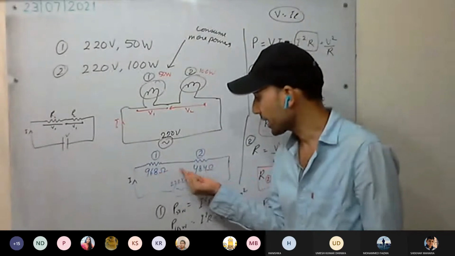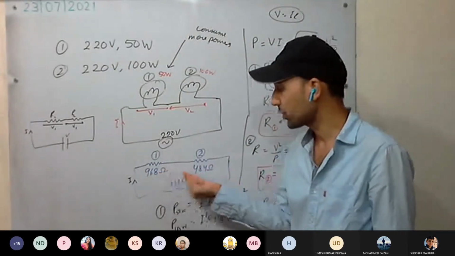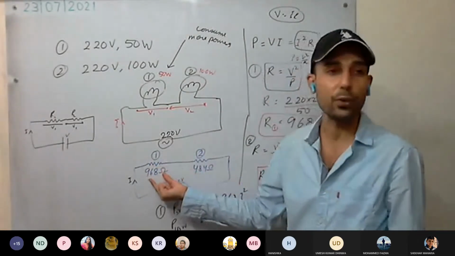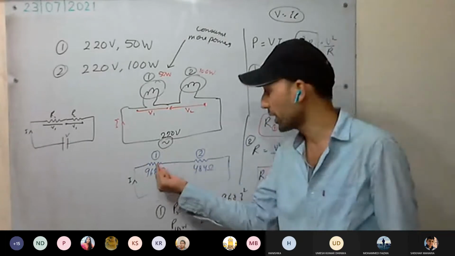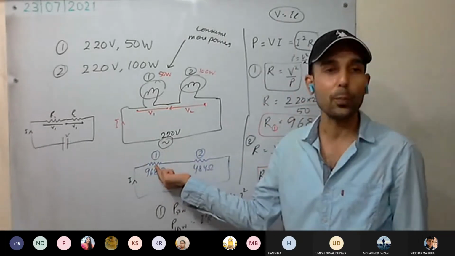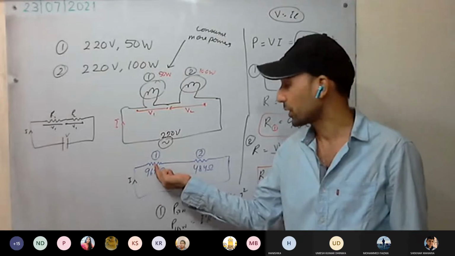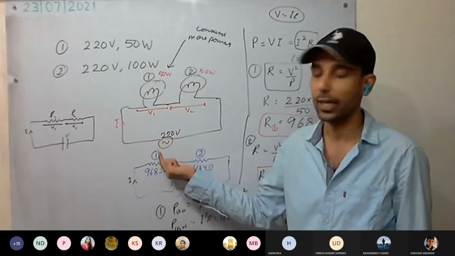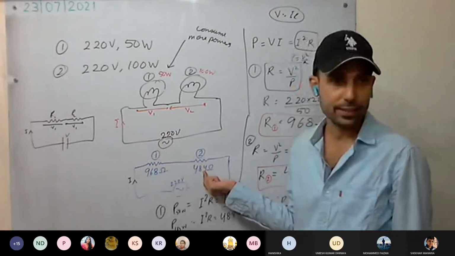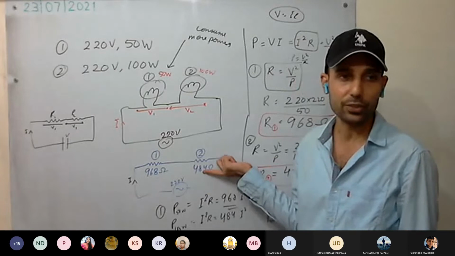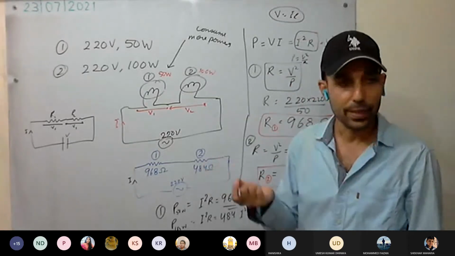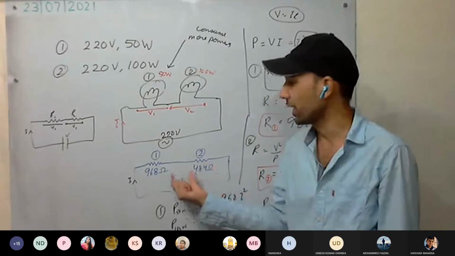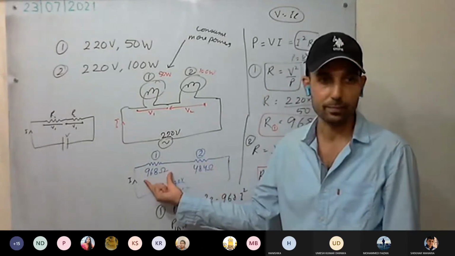See here, they are connected in series. So that's why this is going to glow more. It is having more resistance. More resistance means more heating will be here, more potential drop will be here. This is going to consume more power, more light will be there. This one has less resistance, less obstruction to the flow of electrons, so less heating and less light. The main reason is that the potential across it is very less, more potential across the other.